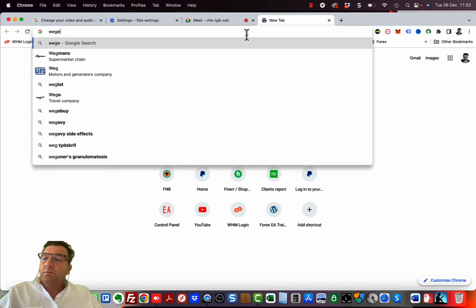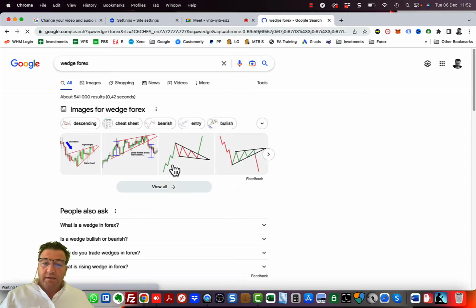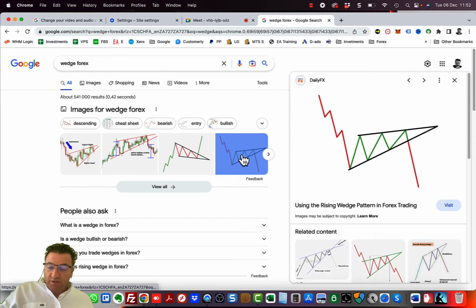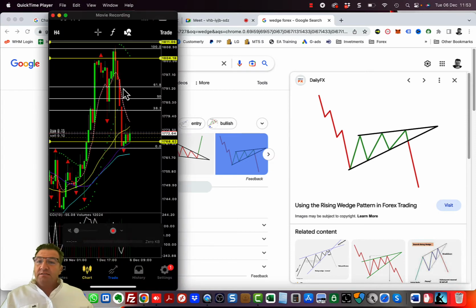Wedge. Forex. Okay, check this out. Let's just get this picture. I don't use these patterns. It's called a rising wedge. It's new technology. I don't like to use them. I think it's late. So yesterday we said that the second candle opened below the 8 EMA, which was this candle